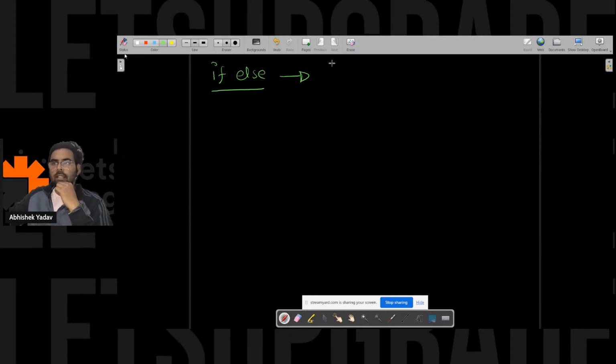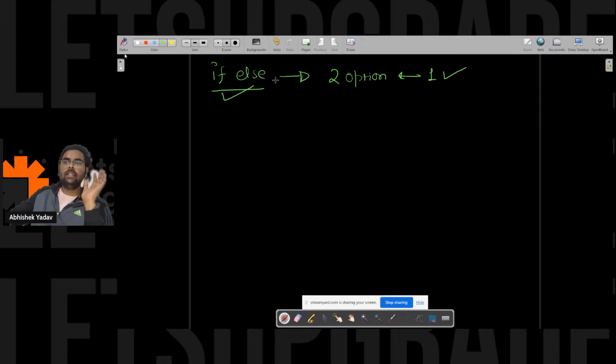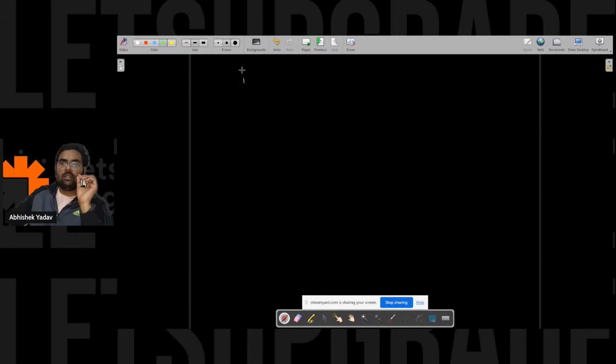So yesterday we learned that when we have two options and I have to choose only one option among them, then I can use if else, right, everyone? Now we have if else if and we have nested if, right? So let's discuss the if else if part. Let's see the syntax. We have if, we have condition one, and here we have the body